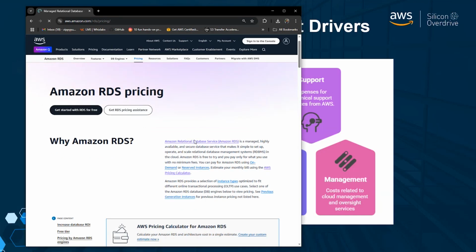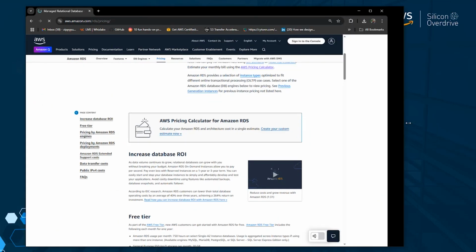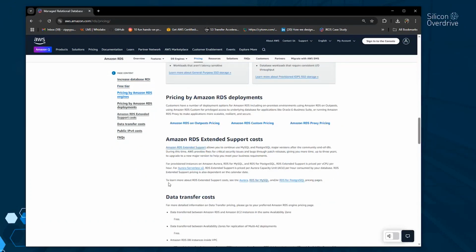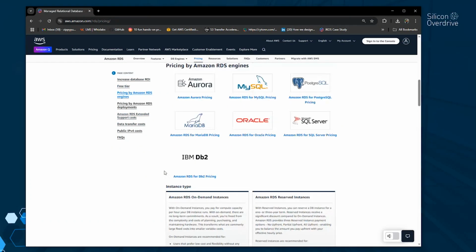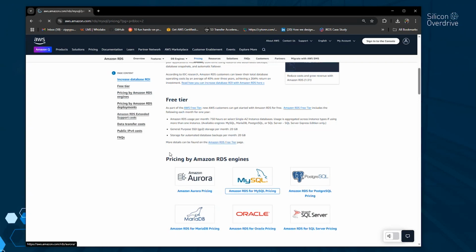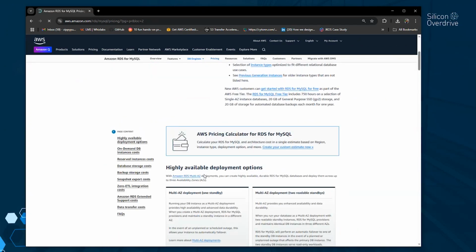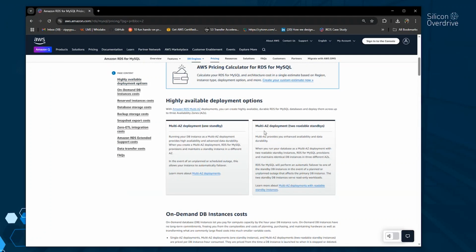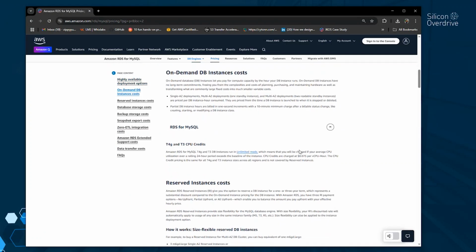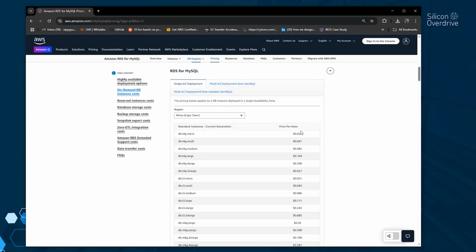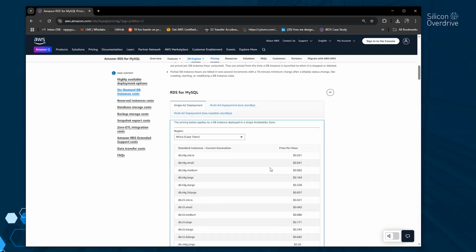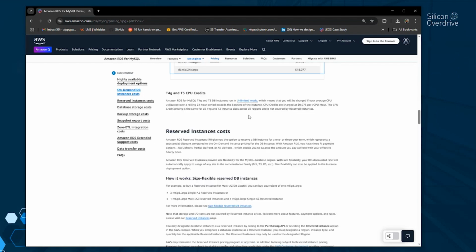If you go into this page, it shows you the breakdown of the specifics of what you're going to be charged for. So if I choose a specific engine, let's say MySQL, and expand this, for the instance type that I would have selected, I can see exactly what the price per hour is for that particular instance size.